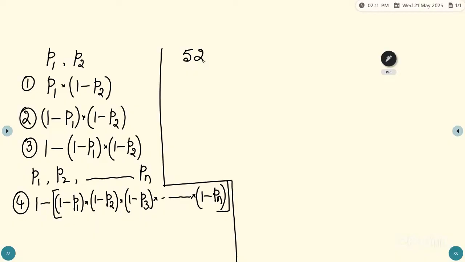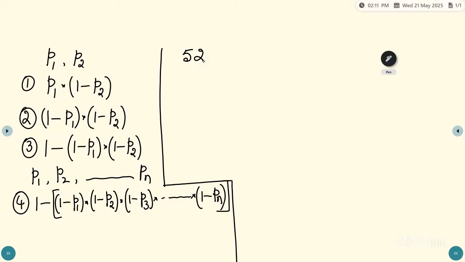In succession means one after another. Then what is the probability